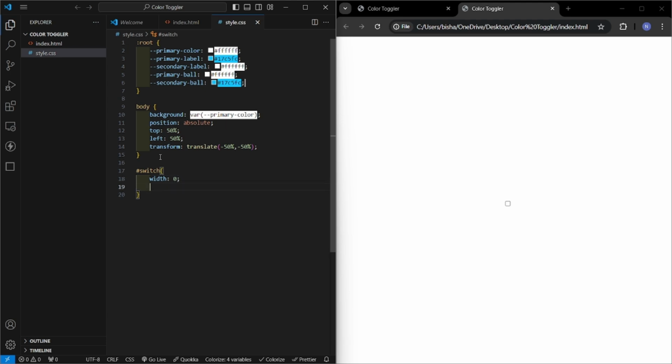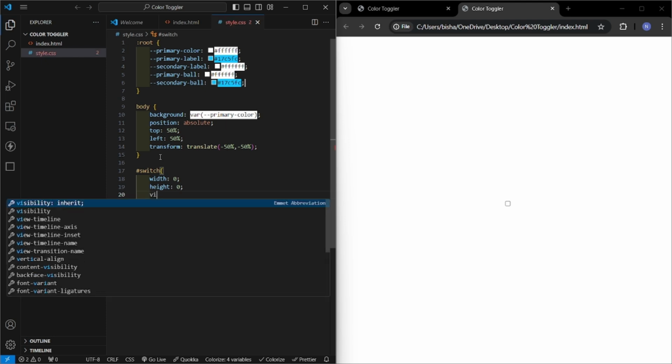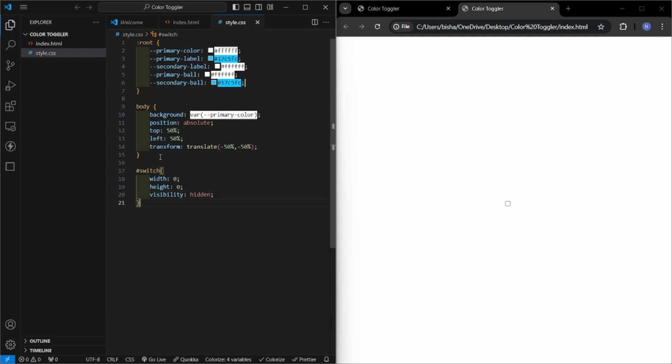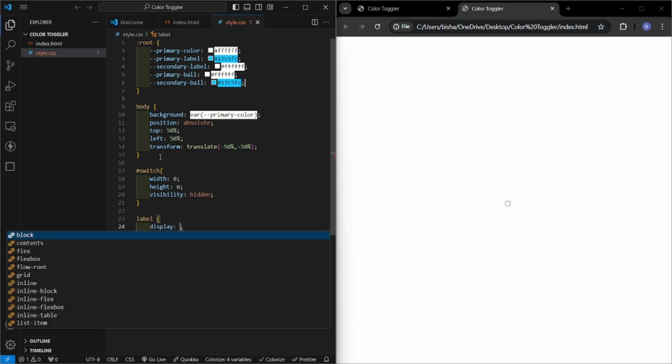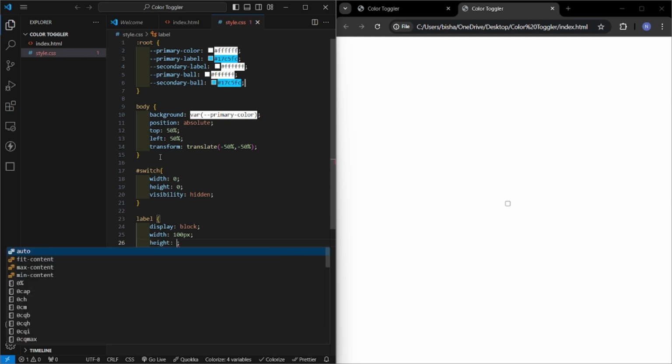Here we'll give width 0, height 0, and visibility hidden. So our switch input will be hidden. Now we'll design our label. Label. Here we'll give display block, width will be, I'll give it 100 pixel, and height will be 50 pixel,